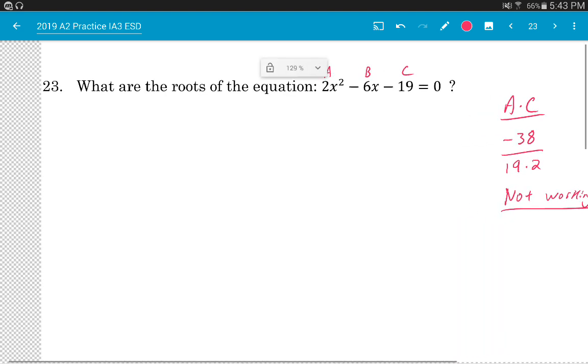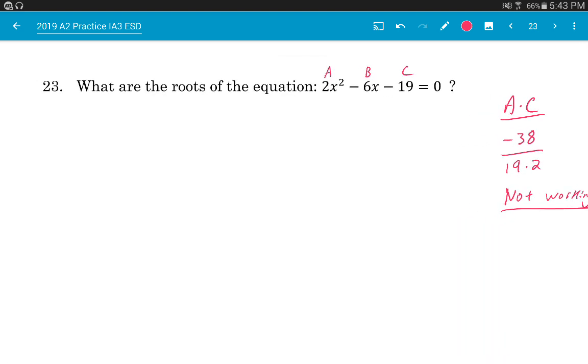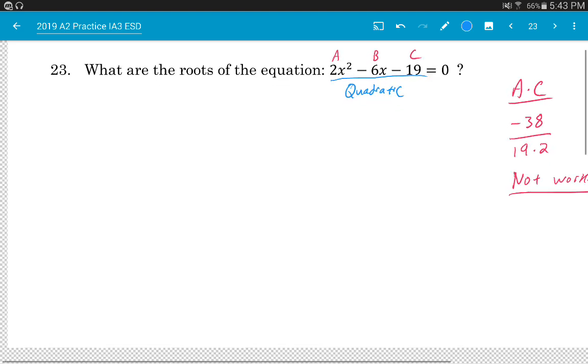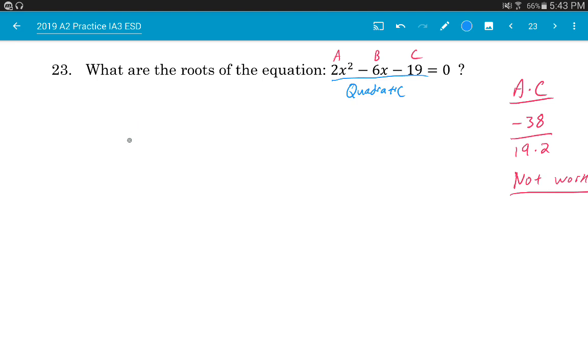What's the only other way that I could find the roots of an equation that looks like this? Is there some sort of formula that I could use to find the roots of something that is called a quadratic because it's got an x squared? Oh, the quadratic formula. So x